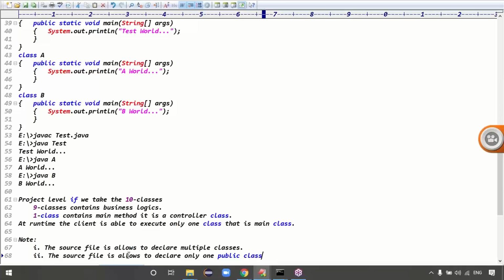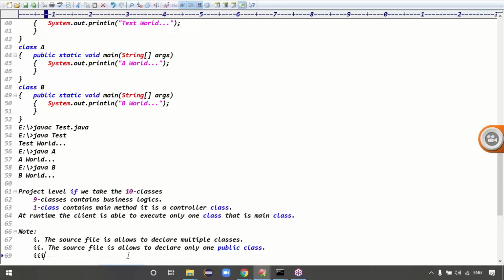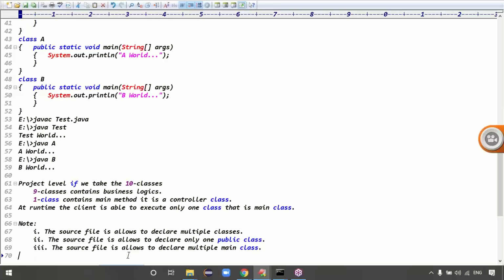And how many main classes does the source file allow us to declare, guys? Multiple main classes, right? Guys, is everyone clear about these points? The three points are clear, right? The source file is allowed to declare multiple classes.